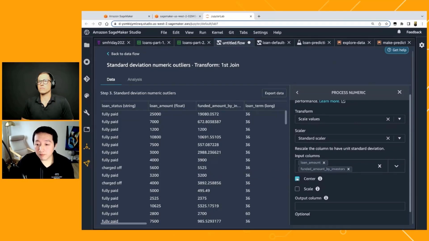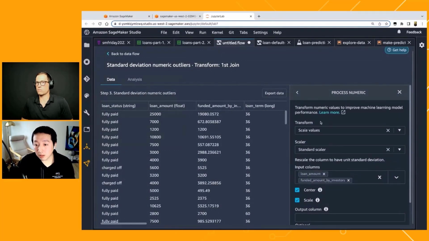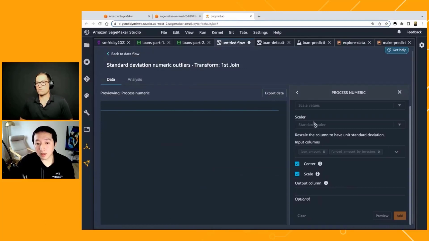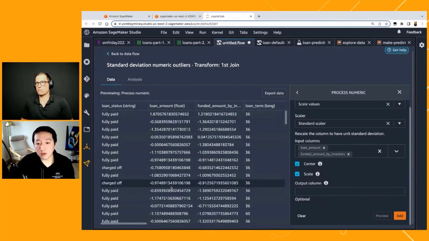But keep in mind, later after we prepare the data, we're going to send this data into SageMaker Autopilot, which is the AutoML capability from SageMaker. Autopilot also performs these standardizations and these processings for us. So just keep that in mind, knowing that either we can do it here or Autopilot handles the data normalization for us. But quickly using Data Wrangler, we'll be able to normalize the features in this way, centering at the mean and scaling the standard deviation to 1.